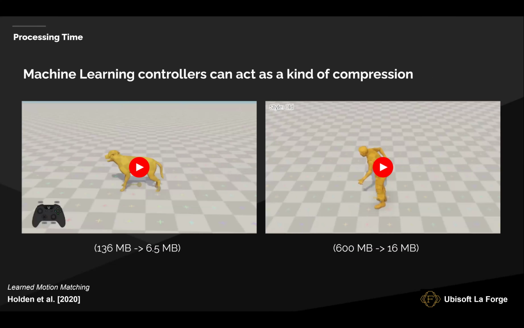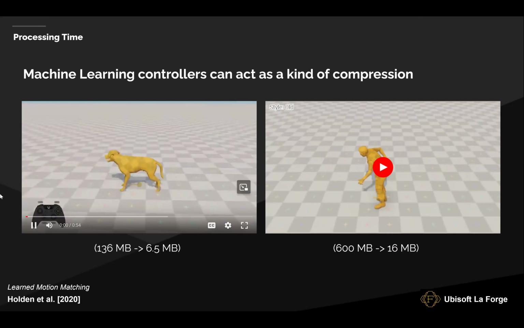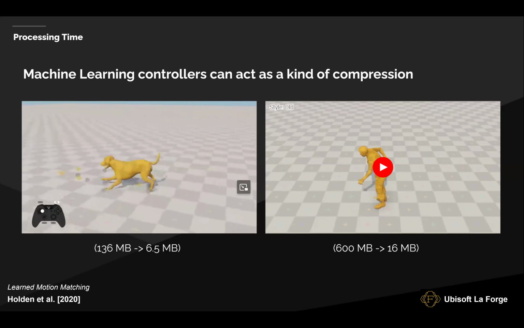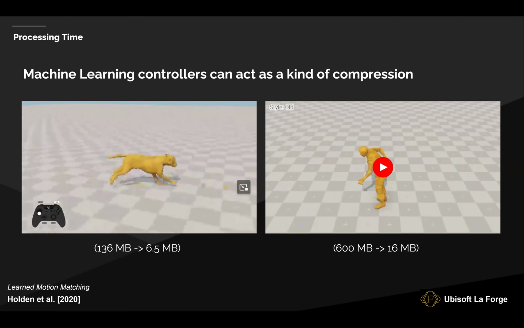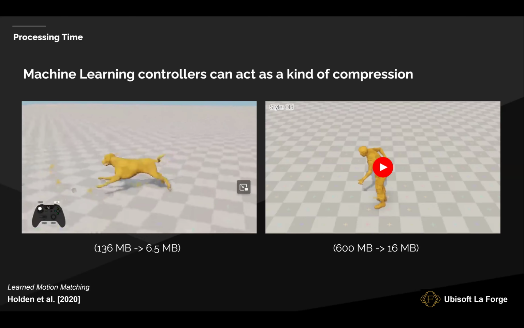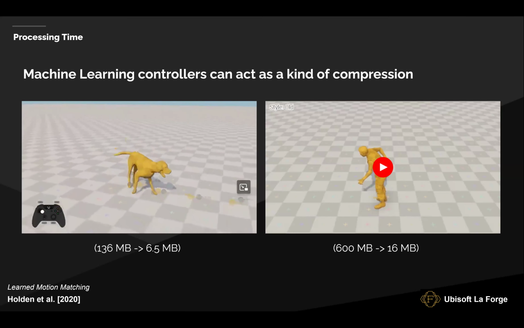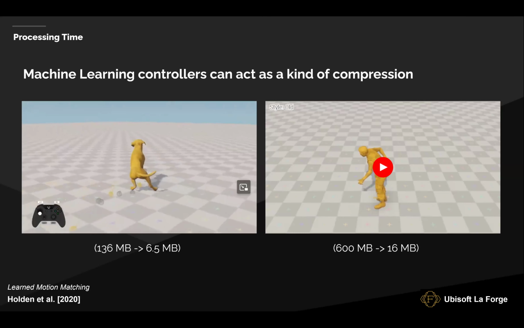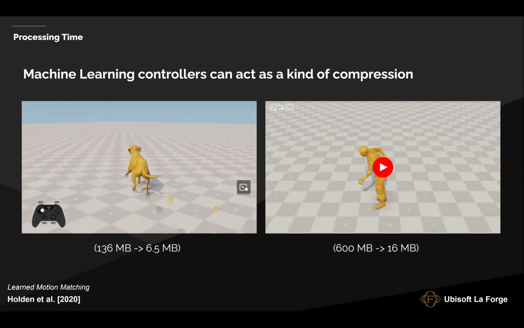Yeah, so these systems can also act as a kind of compression. Here we have a whole bunch of motion capture data for a dog. And this is really interesting because you can't really get the dog to act and do exactly what you want. So we have a whole bunch of this unstructured data of the dog running around, but we can throw it into this motion matching system and get a really nice natural